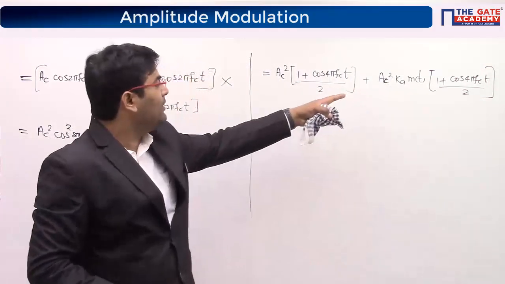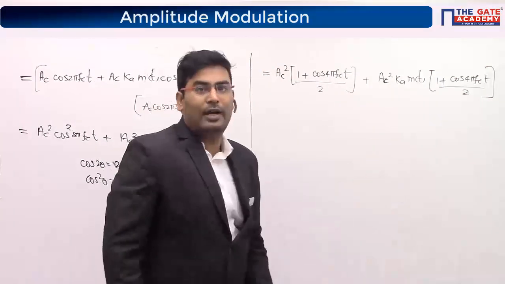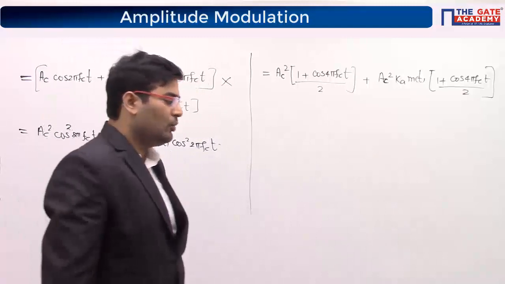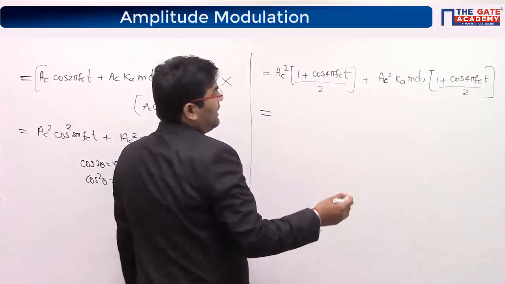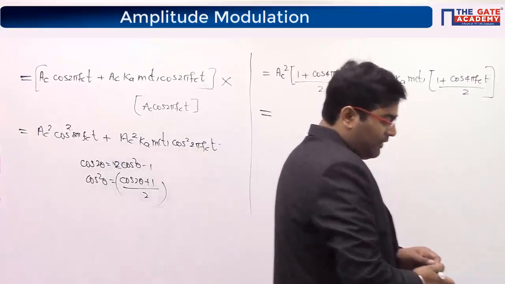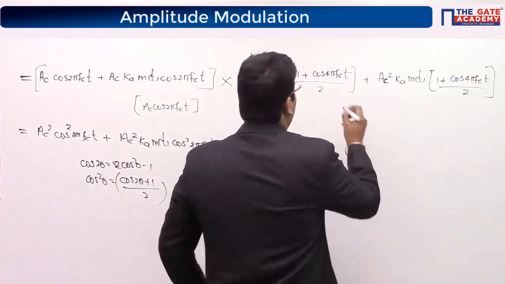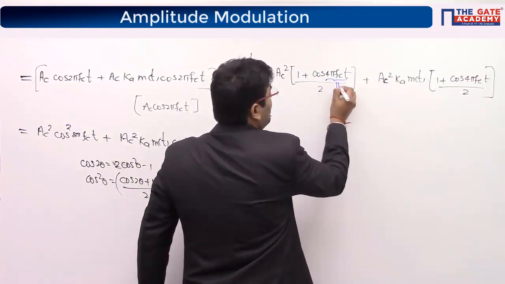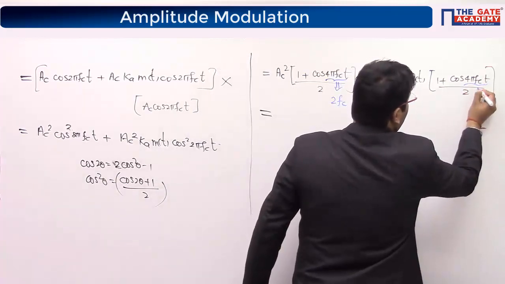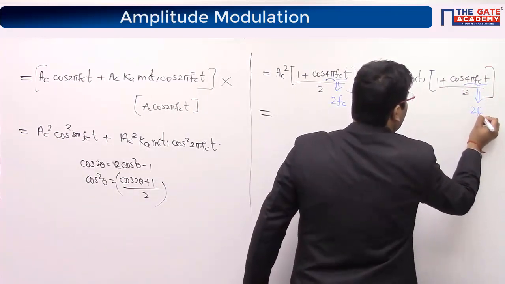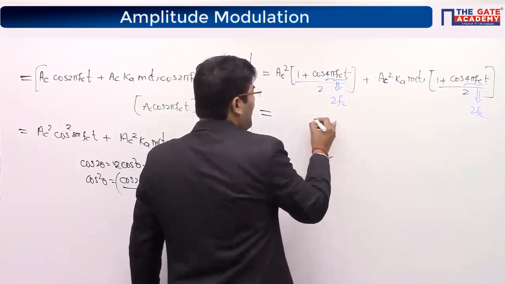So Ac square K a m(t) cos square 2 pi fc t has become (1 + cos 4 pi fc t)/2. Now, we know that the frequency we are talking about here is 2 fc, twice fc. And what is the frequency here, guys? 2 fc. So we know that the low pass filter